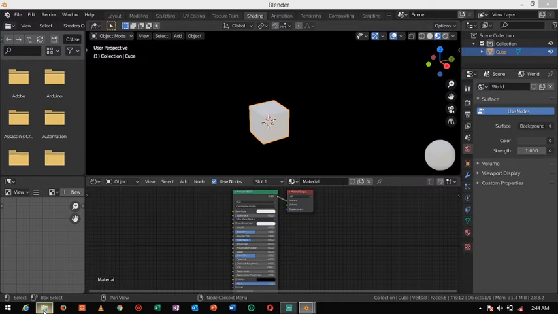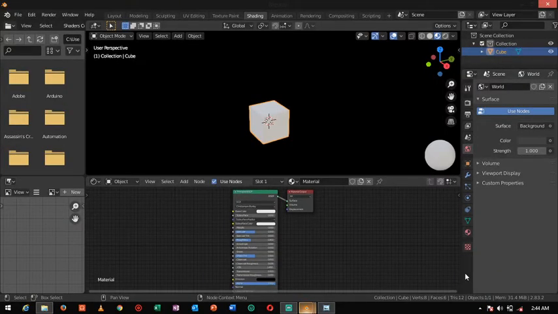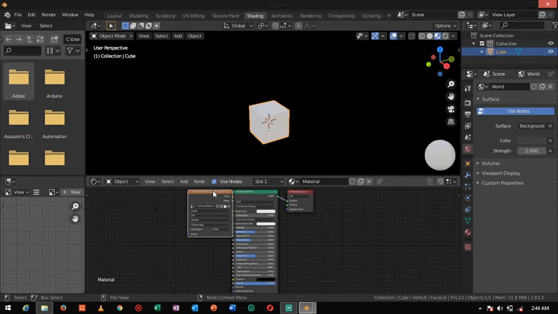Directly you can move it here. You can see this thing came here.